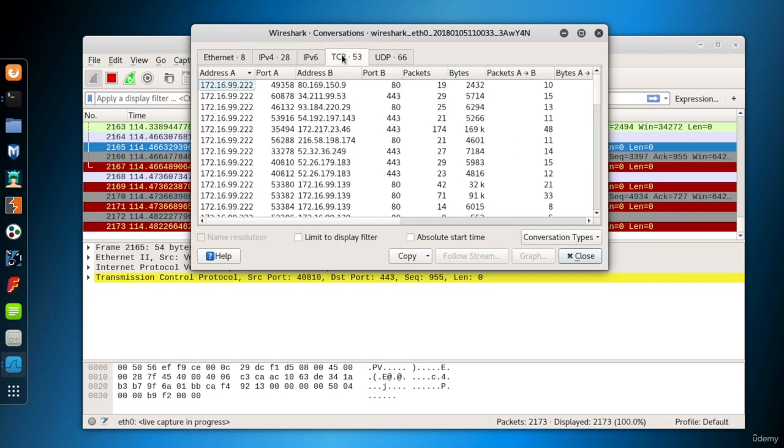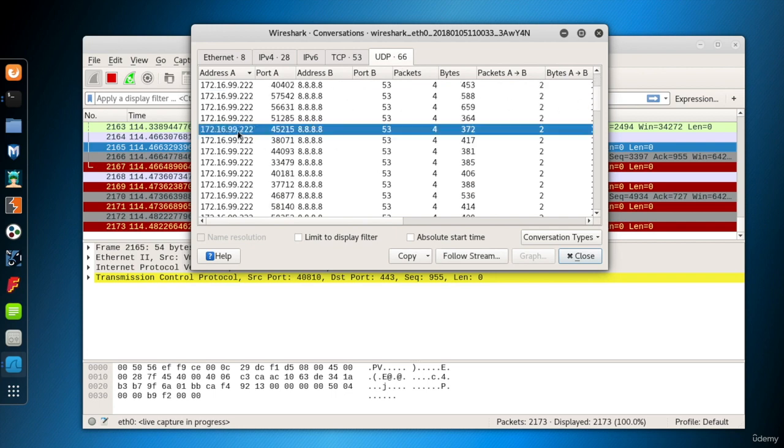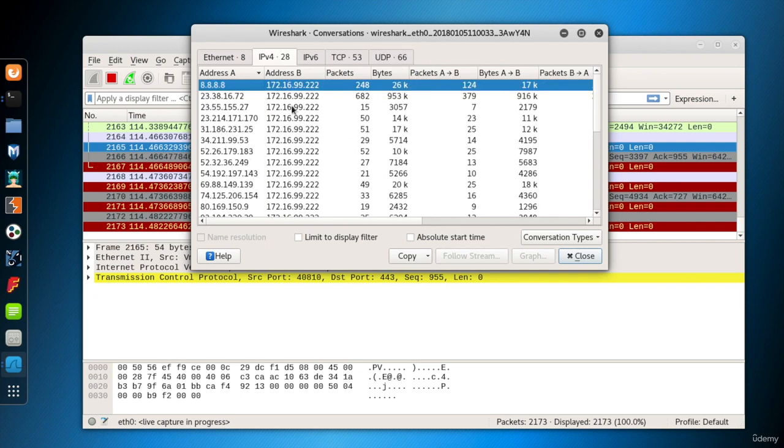In the TCP tab, we can see TCP packets grouped by the addresses and this time by ports as well, because a system may have different interactions with any other system. For example, Kali may have HTTP traffic through port 80, and at the same time, it may have an SSH connection through port 22 as well. Same as TCP, packets are grouped by IPs and ports in the UDP tab. Here we have learned a lot of live systems, IP addresses, and MAC addresses just listening to the traffic go